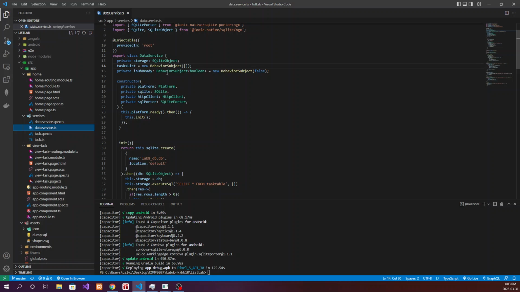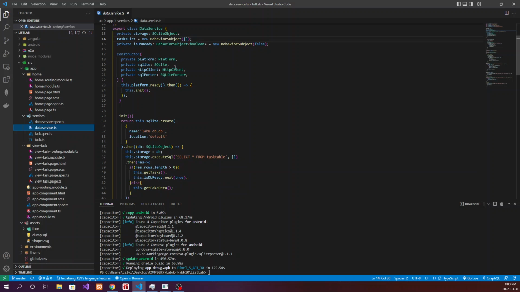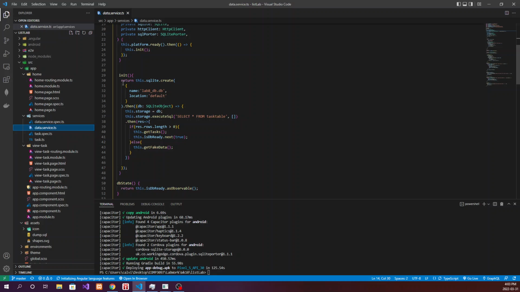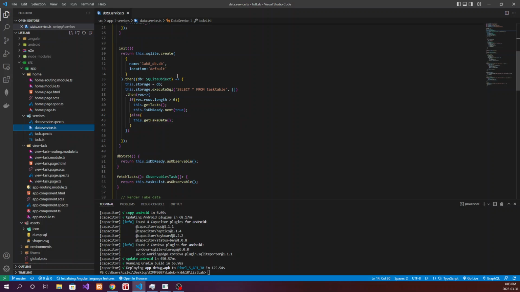So what we do is we set up our database up at the top here with our storage SQLite, and then we have our list, and we have our constructor, which takes our SQLite declarations, and we go on for more. So you can see we call our init function when we load in our app, and what it does is it takes our database, this is what I named it, lab8_database.db, and what it'll do is it gets the storage, our SQLite object, and it tries to select all, and